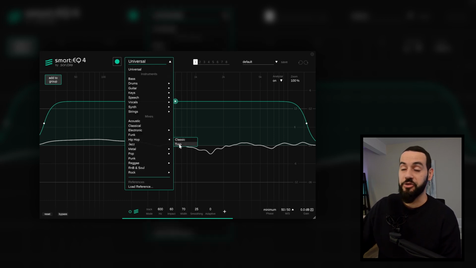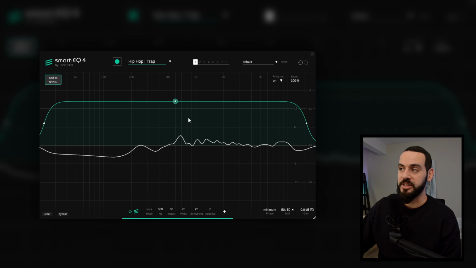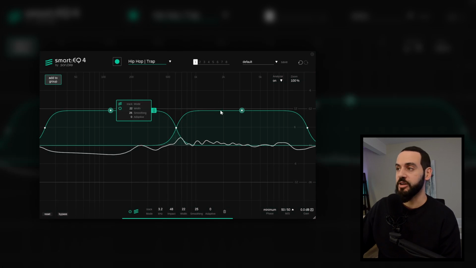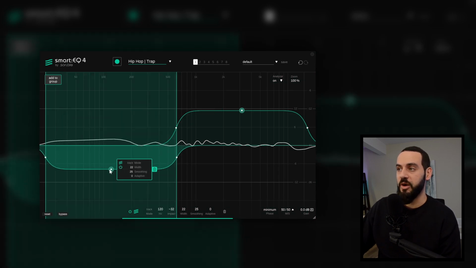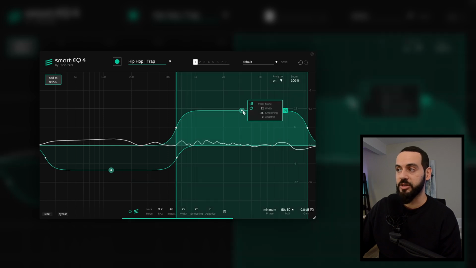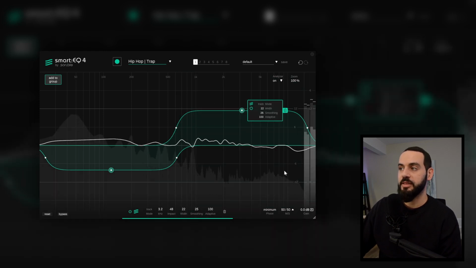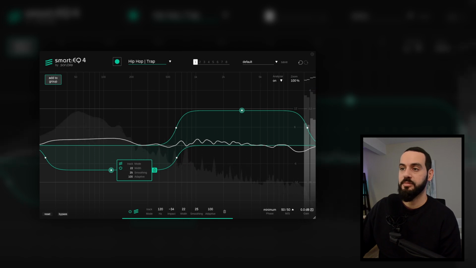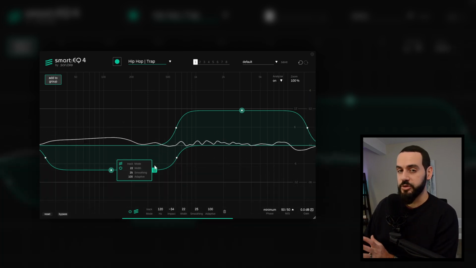And here I can say this is a trap beat. Based off of that, you can see it created dynamic filters. I can increase or decrease however much I want, or I can add an additional filter and flip this one. If I want my 808 to really stick out, I can inverse the changes that the smart filter applied. And then I can also make them adaptive, or I can make one or the other adaptive. So for those of you who don't know how to mix down your own tracks, this could be convenient because